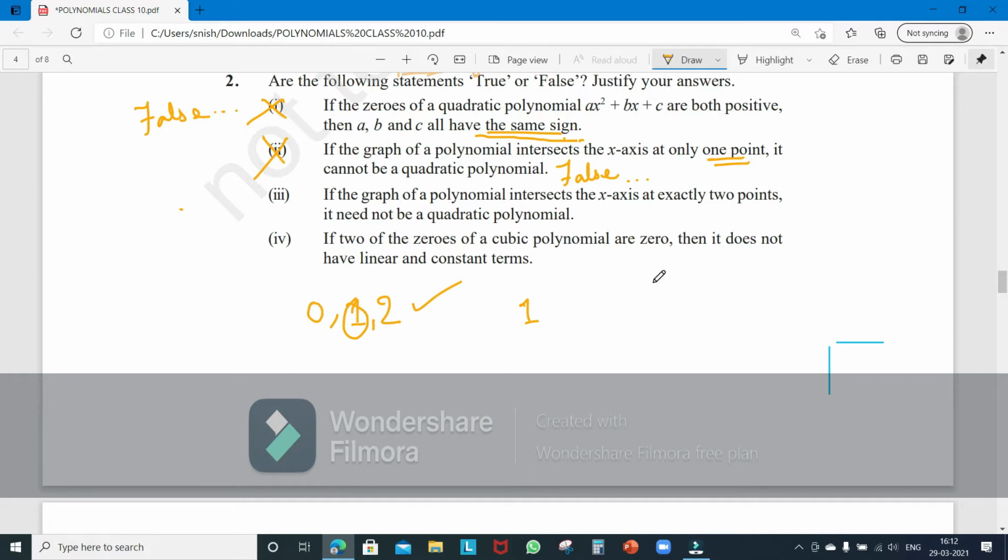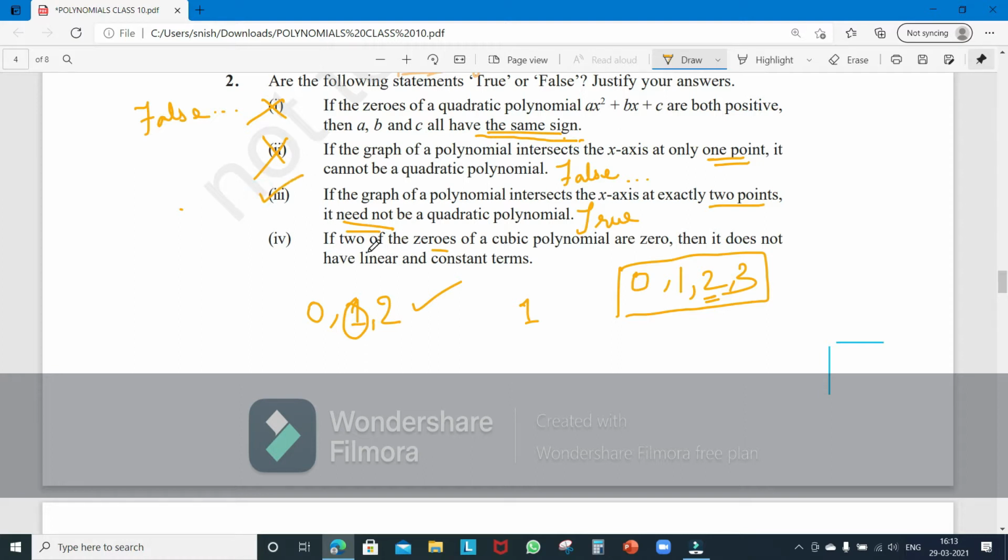It applies for anything. Like if I take a cubic polynomial, then it can have 0, 1, 2 and 3 as the number of roots. Let me make that clear. Okay, next, if the graph of a polynomial intersects the x-axis at 2 points, it need not be a quadratic polynomial. Yes, it need not be, meaning it's not necessarily that exactly 2 roots will be for a quadratic polynomial, because for a cubic polynomial, according to this condition, you can get 2 as the number of roots as well, right? So it is true. Here, they are playing with words: it need not be, right?